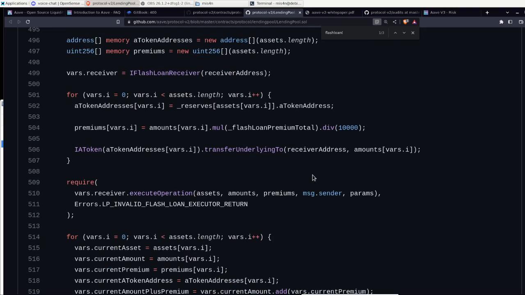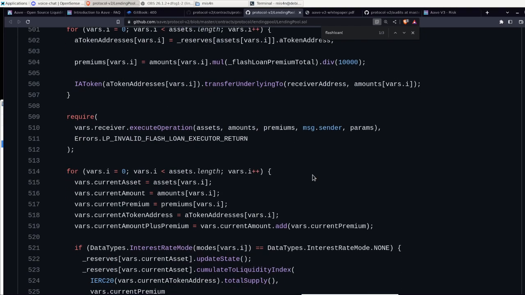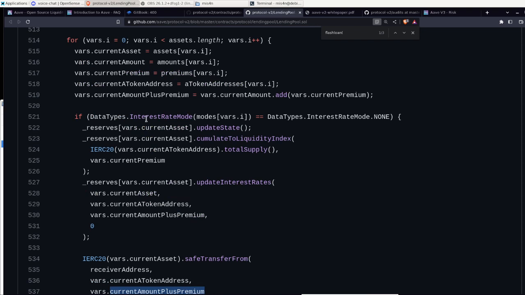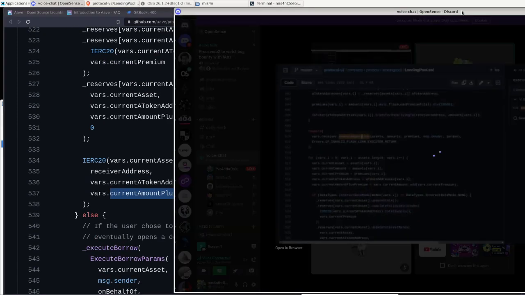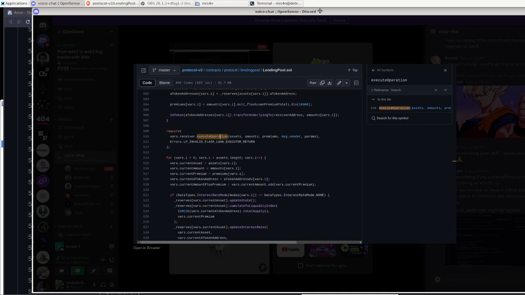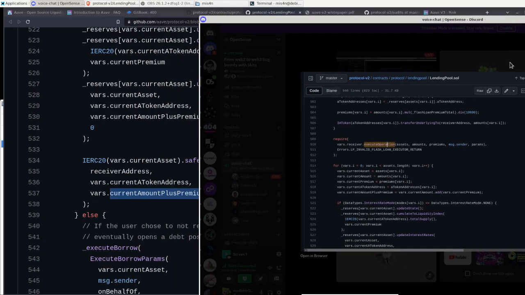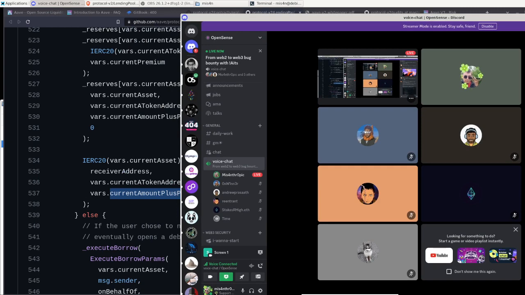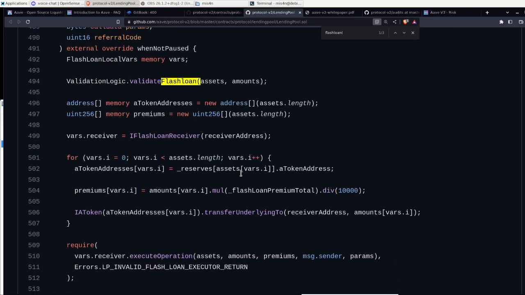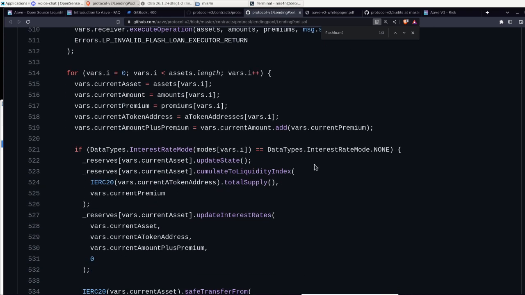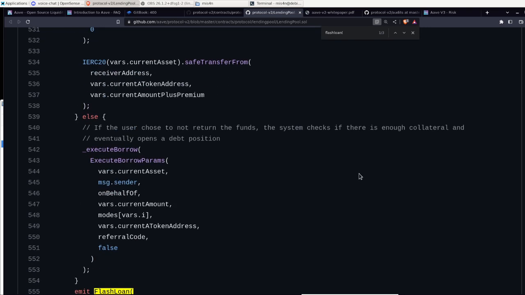And this is the case for where there's no... take a look. Maybe I need to click on the editing thing, right? And then it will let me navigate. And this is for when you don't have an interest mode rate set. Okay, so if you do have one, the function that we're gonna be executing is a borrow.